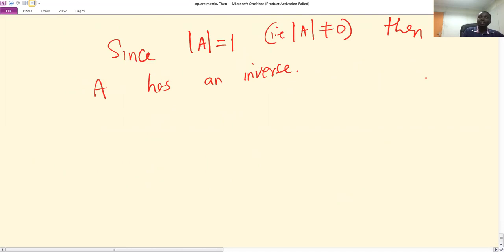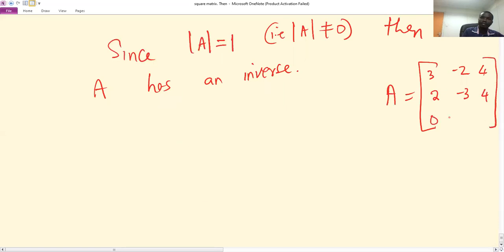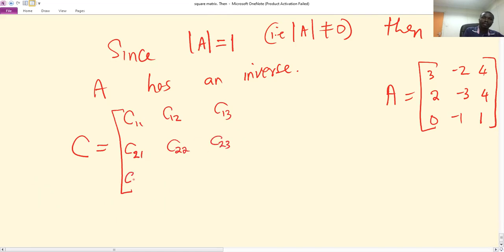Now we have this matrix A given by 3, minus 2, 4; 2, minus 3, 4; 0, minus 1, 1. So the next step is to find the cofactors. So the cofactor matrix, given by C11, C12, C13; C21, C22, C23; C31, C32, C33, is given by,